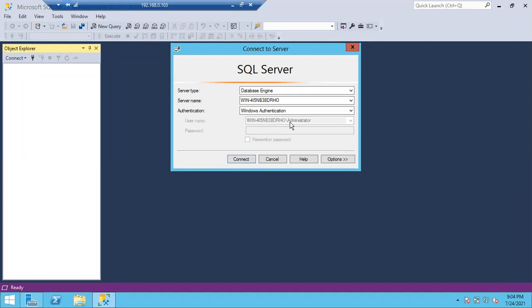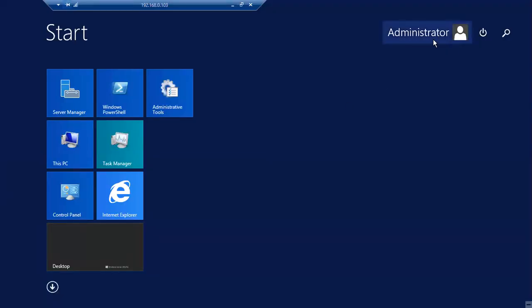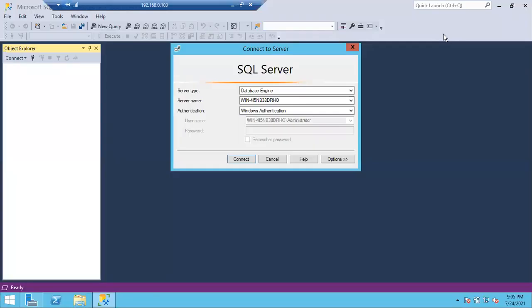The answer is wrong. So with which account did you log into your server? Local account, Administrator. You used the local administrator account, right? Remember, guys, any account is prefixed with the computer name. As you logged into the administrator account, that's why you can see computer name slash administrator here.